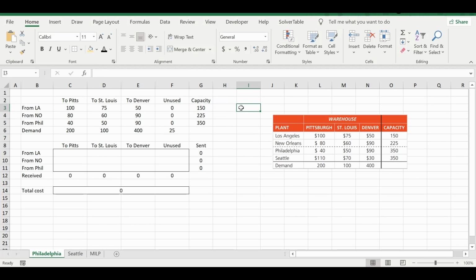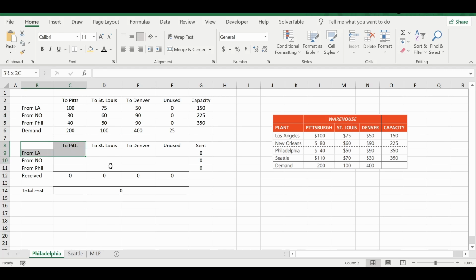Okay, so as I told you, we have to formulate this as if it is a balanced transportation problem. So therefore we will use the new demand center, which is your unused. So I have opened a new column called unused, which is a dummy demand center and has a demand of 25 units. And this is the capacity and this is the demand.